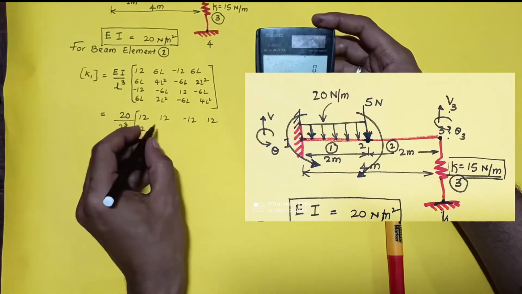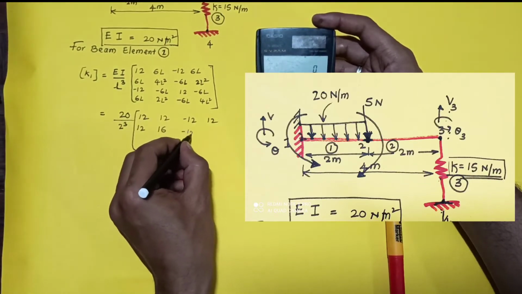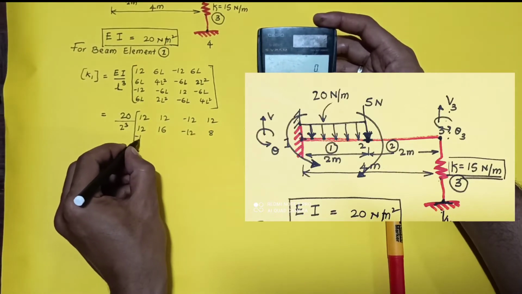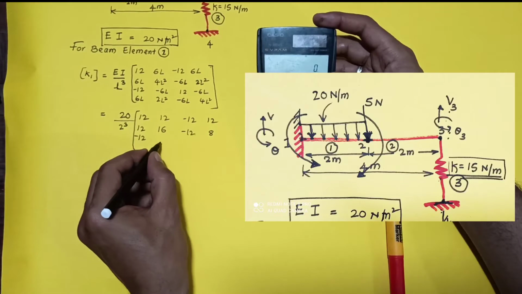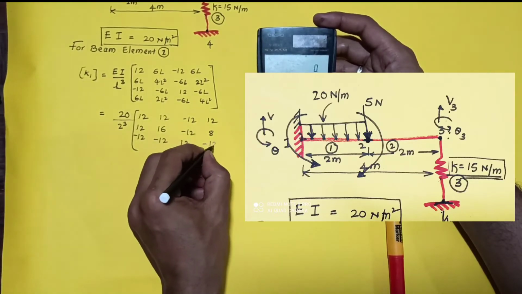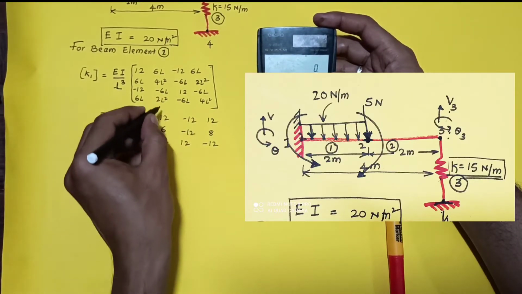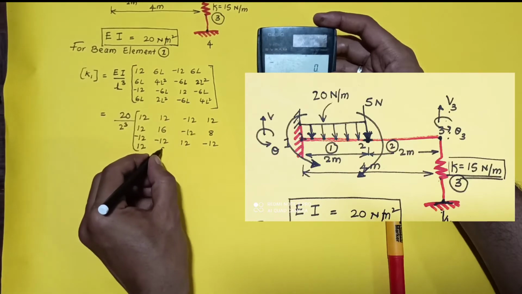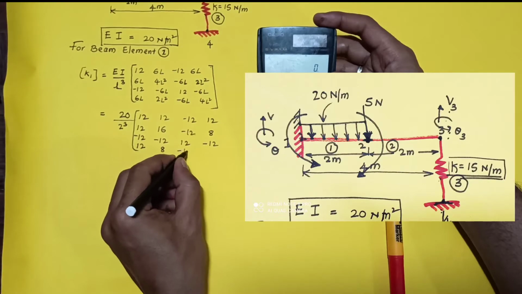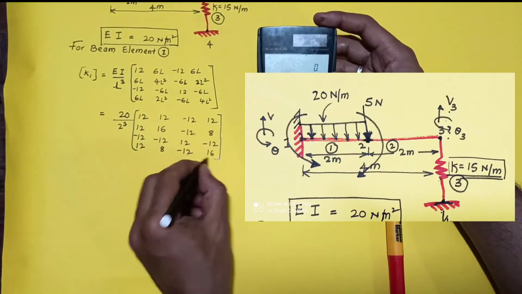So 4 into 4 is 16. Again minus 12. Then 4 into 2 is 8. Minus 12, 6 into 2 is minus 12, 12, minus 12. In the last row, you will have 6 into 2, that is 12, 2 into 4, 8, minus 6 into 2 is minus 12, and 4 into 4 is 16. So you got the